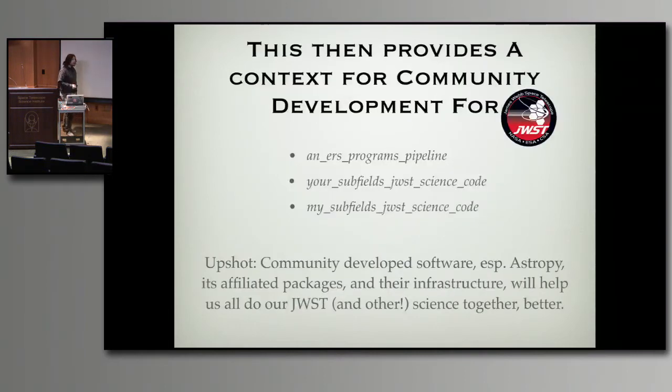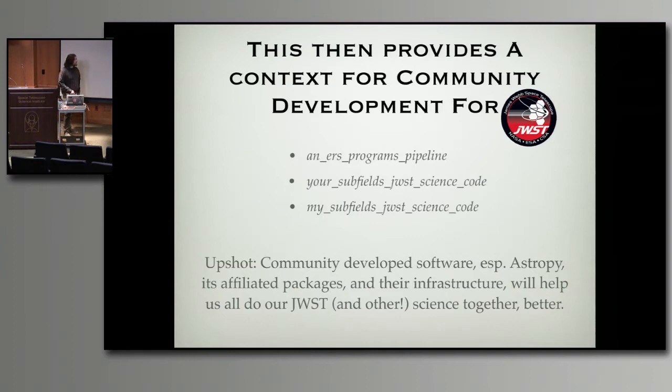So then the final thought I want to leave you with is the basic idea that this model applies well beyond JWST, but it can also be a critical element to making JWST science happen. Right? The key idea here is that if you want to follow this community development model, you can use it to develop specific science domains, right? If there's a particular area of JWST you're interested in,